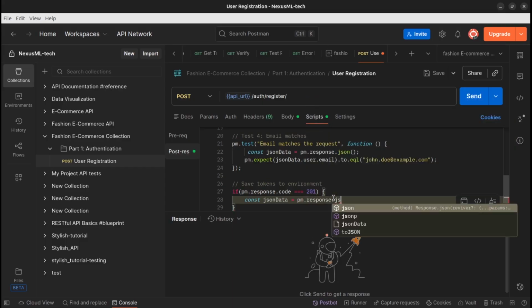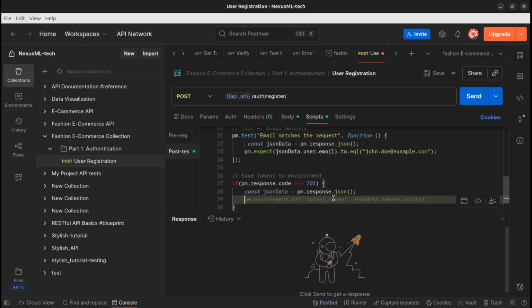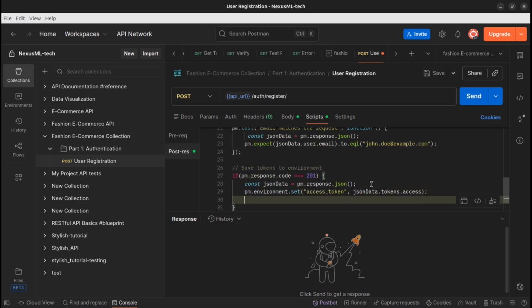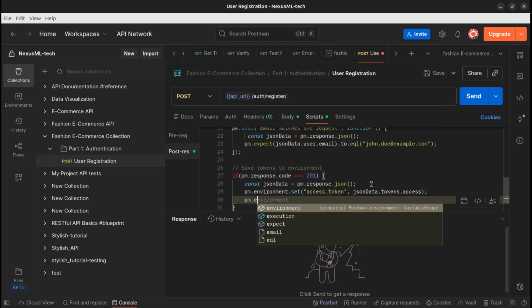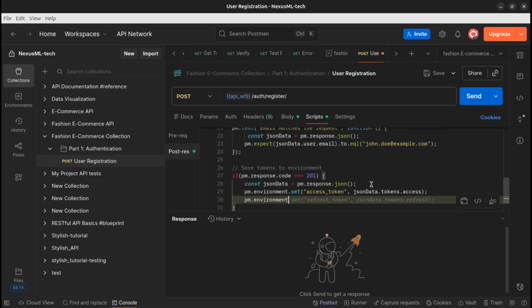From the response we have the JSON, so we need to get it there. Then we need to set the environment variables. As you can see, this one is just like that. Then we have to set the access token like that. Then from there, we just need to call the environment. So the environment there, we also set the refresh token, the one that we created, in the environment